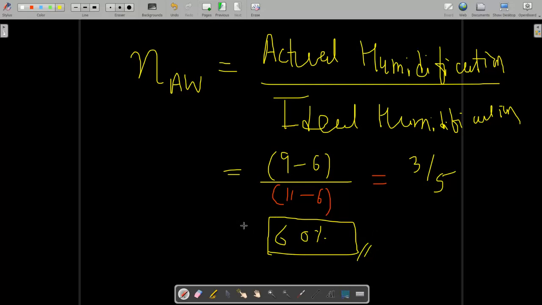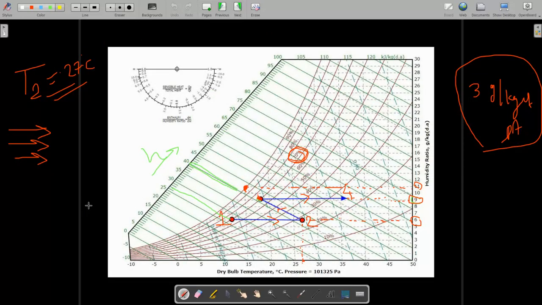The answer may vary from the actual by about 2 to 3%, because in your paper the psychrometric chart that is given to you is very big, and the intermediate points are very closely indicated. So if that is 9, it may be 9 point something. Here I have taken 6, but it may be 6 point something. The enthalpy difference may also differ somewhat, but generally we have taken rounded values for our simplification.